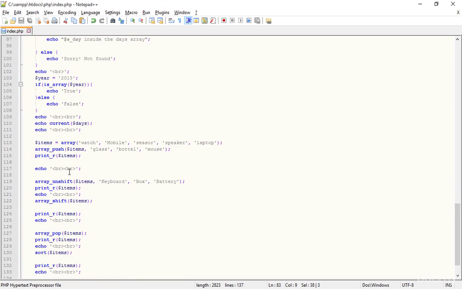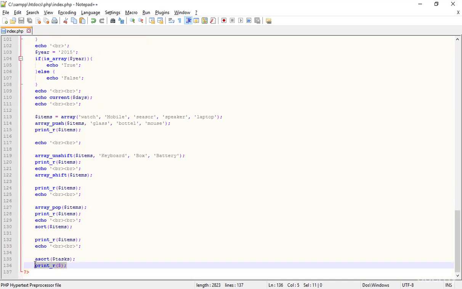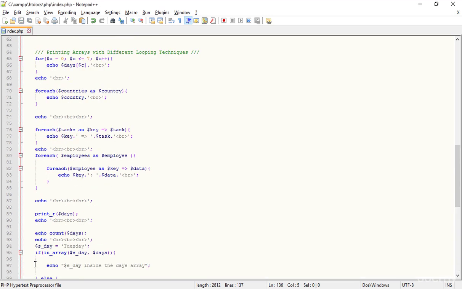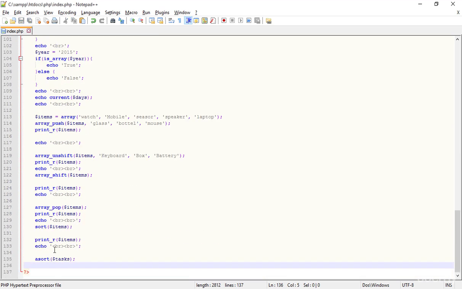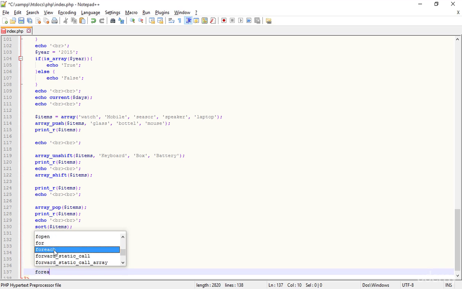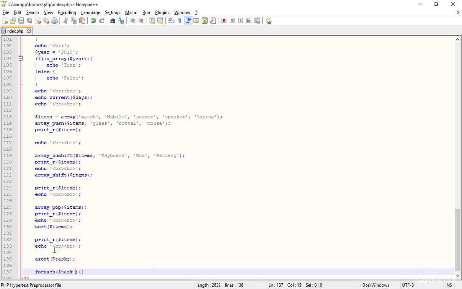There isn't any better way than the foreach, so I think instead of using the print_r, I should use the foreach there. Here I'm just typing foreach. I'm just teaching you, actually we can do both ways, but I'm teaching you how to use these things again. Now here the tasks as task,